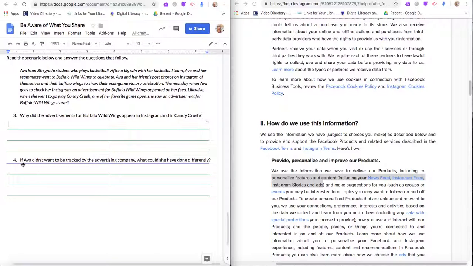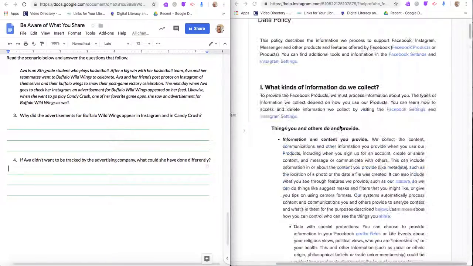And then if Ava didn't want to be tracked by the advertising company, what could she have done differently? Basically, she shouldn't have posted the picture on Instagram if she didn't want to be tracked, because when she joined Instagram, she already agreed to